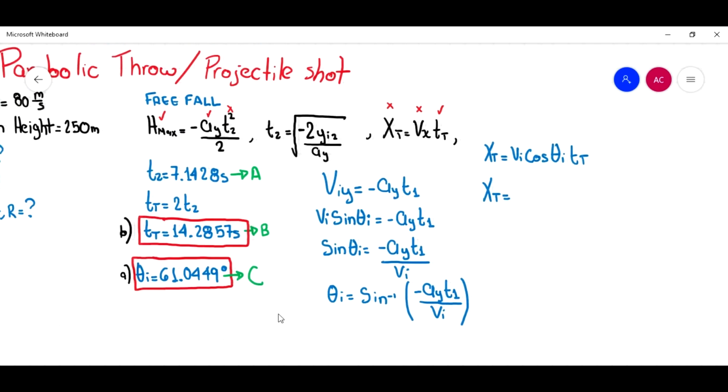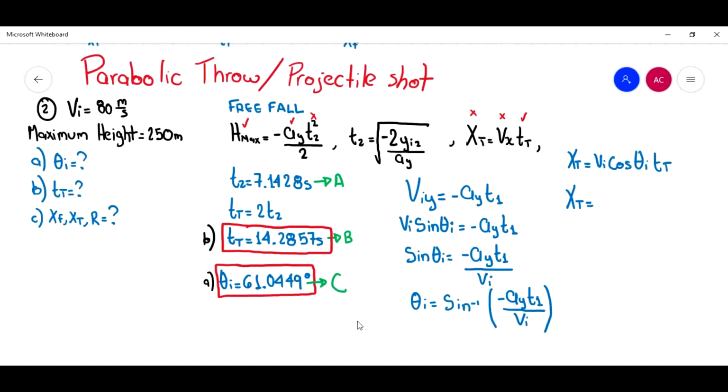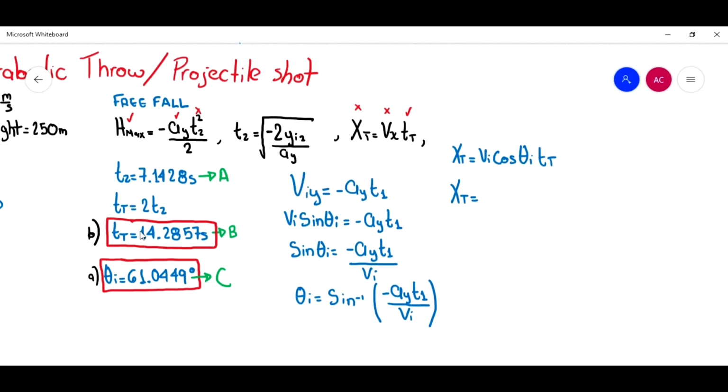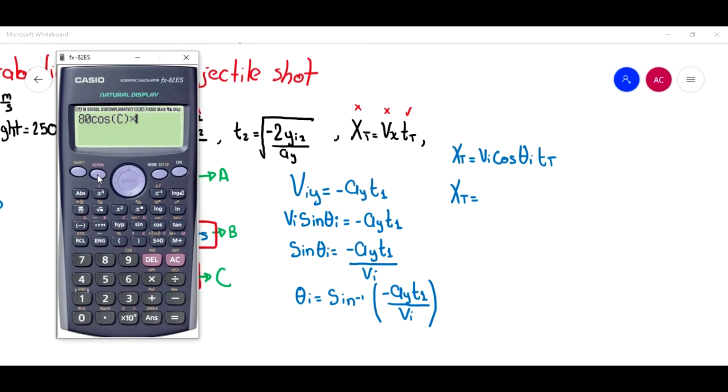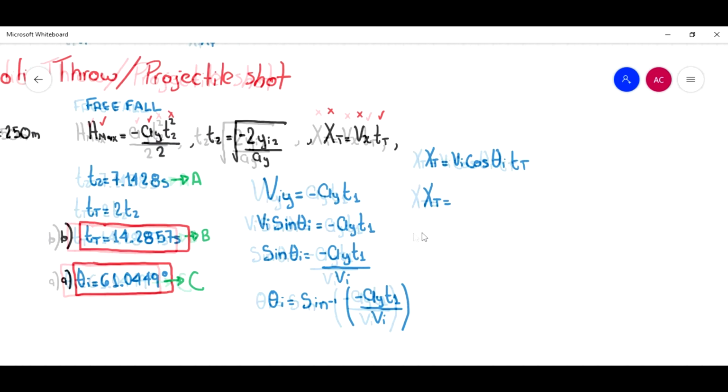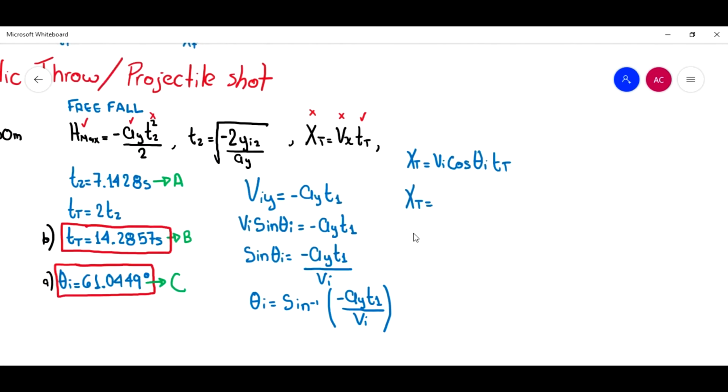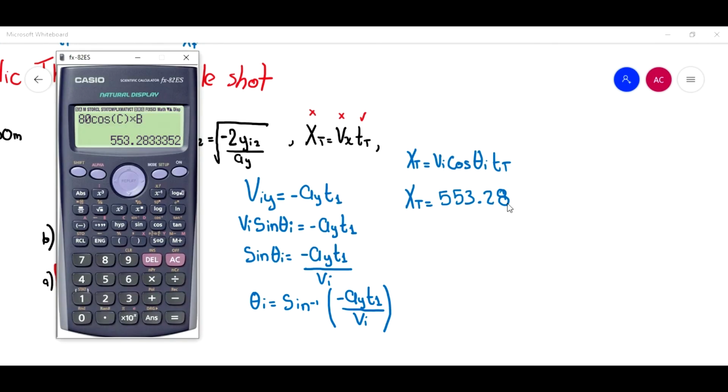Total time is in letter B. Alpha B. How much is that? That is the total distance, 553.2833